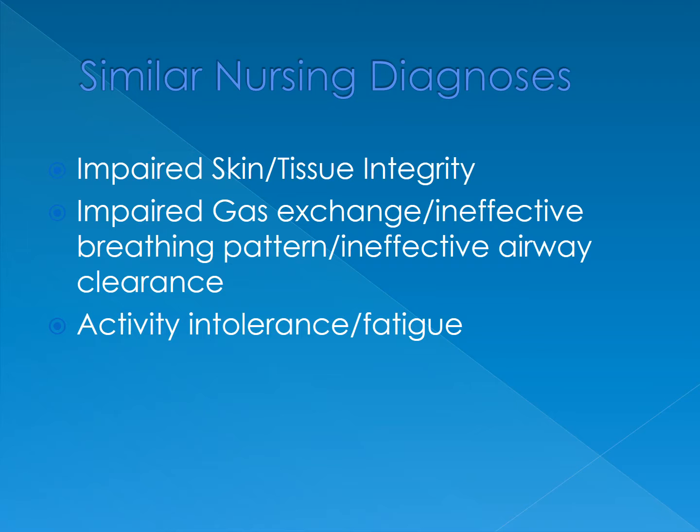I'm moving a little faster because I have these marked. But when I look at this, under ineffective breathing pattern, it says inspiration or expiration that does not provide adequate ventilation. Oh, that's very different than gas exchange, isn't it? So you can have adequate breathing but still not have good gas exchange. But then you can also have good gas exchange but not be breathing well enough. So the signs and symptoms here are an alteration in the depth of breathing, altered chest excursion,